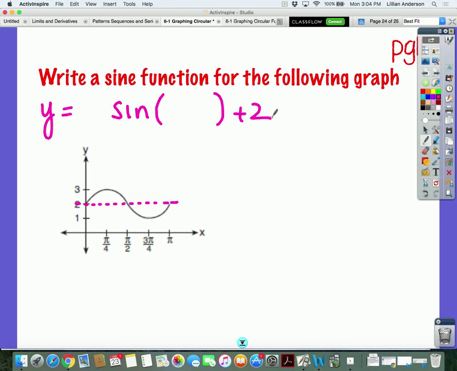Let's find our A next. What's that distance from the midline to the maximum? You don't have to put 1, I'm just putting it because I have the spaces there. Everyone okay? Yes. Let's find B next. Remember, B deals with the period. What's the period of this function? How long does it take to complete a full cycle? Pi. So my period is pi. What would B have to be? It would have to be